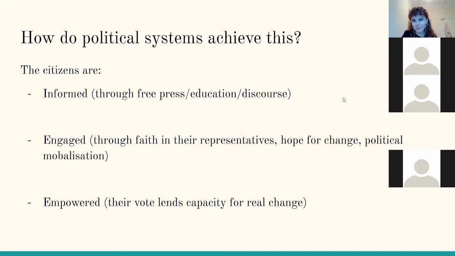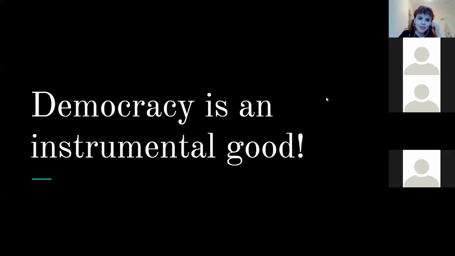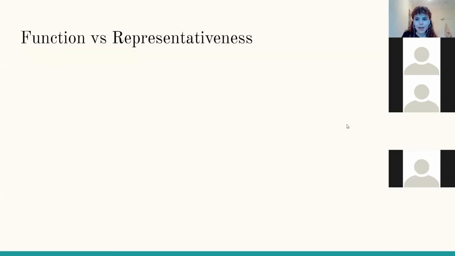Obviously, if there's a political system where everybody voted but their votes like didn't translate to any actions, it wouldn't be representative. So what's important then to flag here is that democracy is an instrumental good. So all of the things before that we said about representation are only good if the government can provide people with like a good standard of living that is in line with their preferences. So if everybody's starving and there's no like economic development or something, democracy is probably something people won't weigh as highly as an important thing.